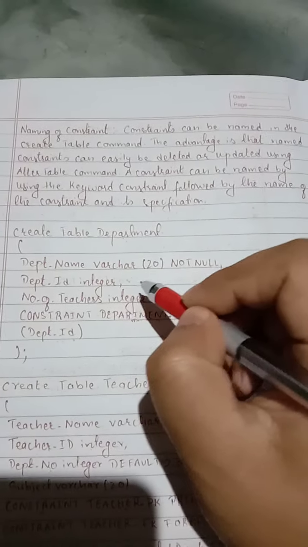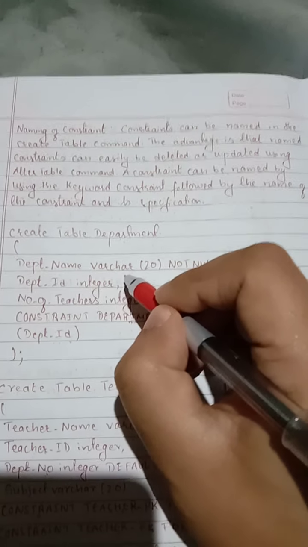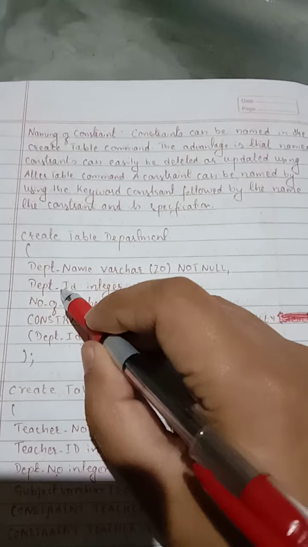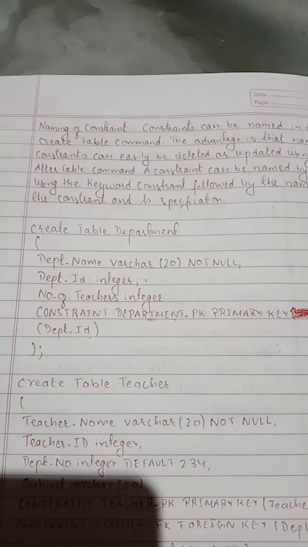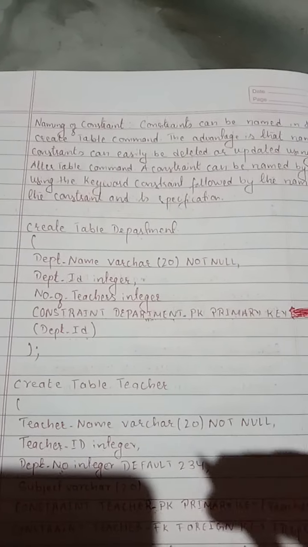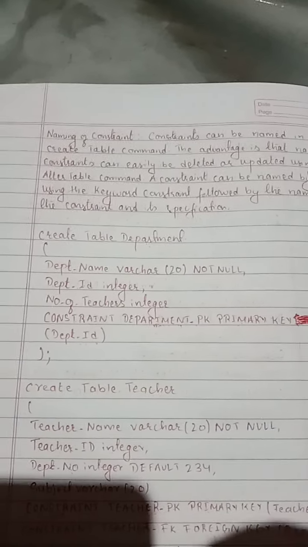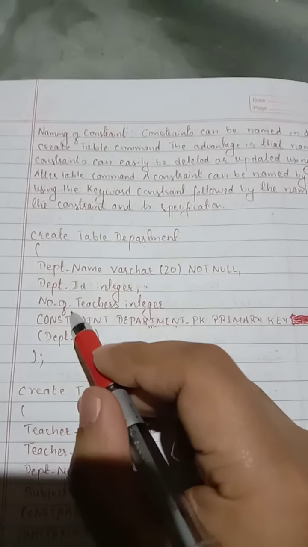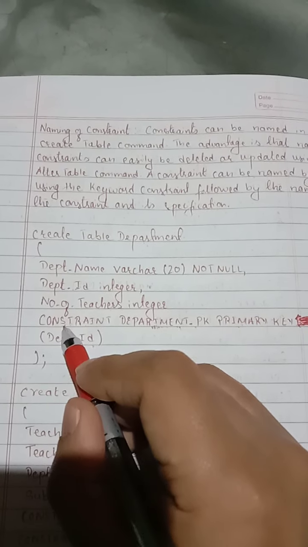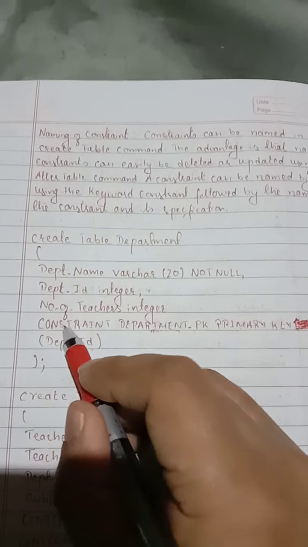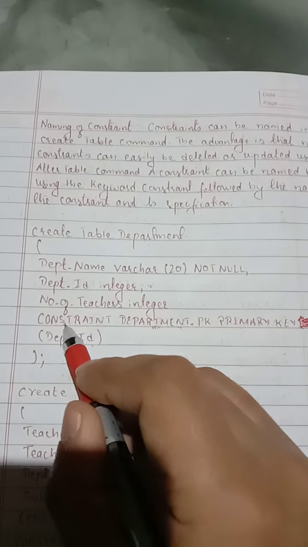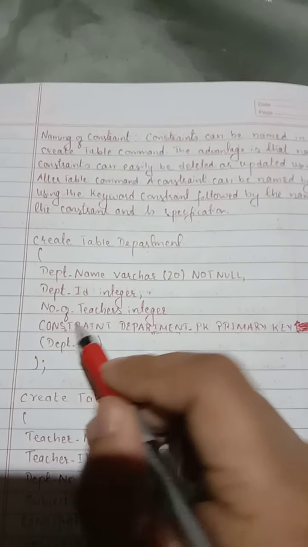To specify the primary key on department id at the table level, we have to specify this type of constraint in the next line. So we have specified the key constraint in the next line. This type of constraint is called table level. This is the keyword constraint and